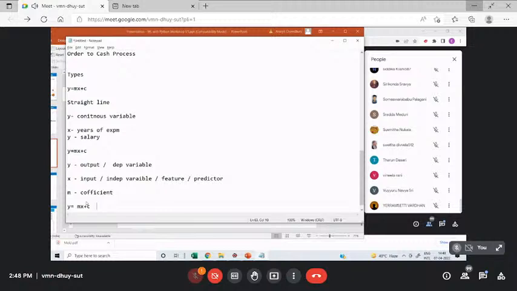Then whatever historic data I have, I need to import it into my system, because I need to first train the model, train the machine with that historic data. So that historic data, I have to import the data set. There are libraries to import the data set. The data set could be an Excel file, a text file, a CSV comma separated file, or it could also be a PDF file, whatever.